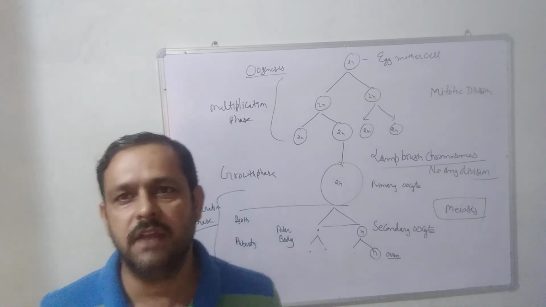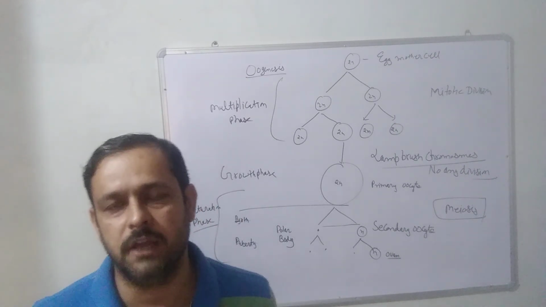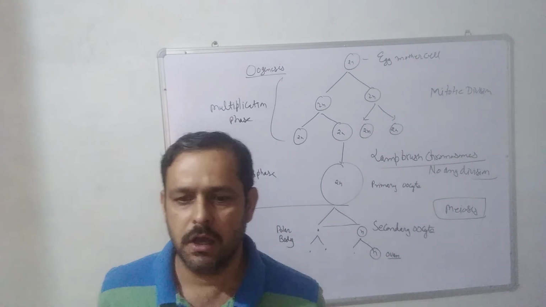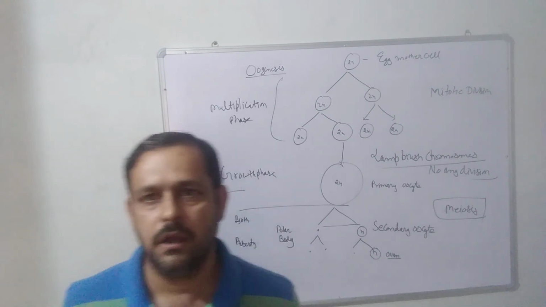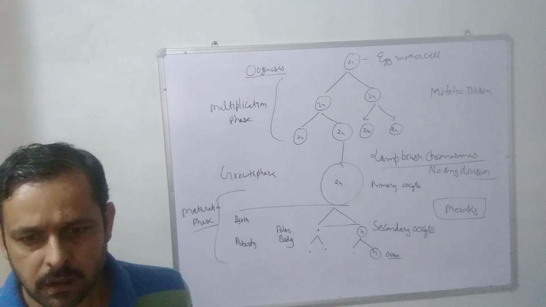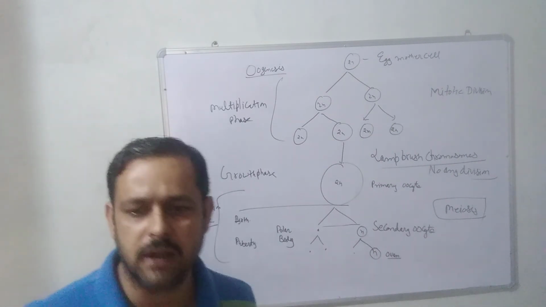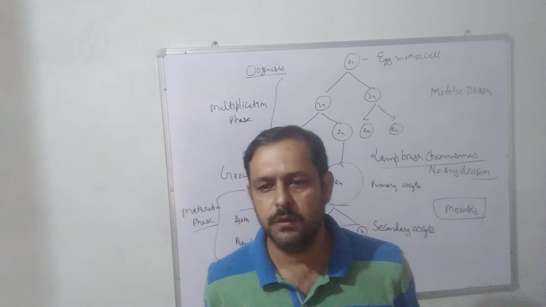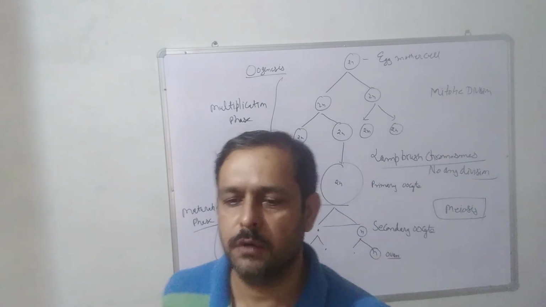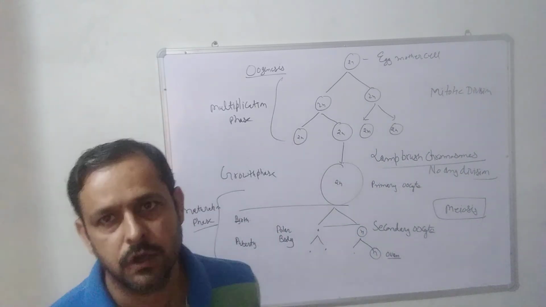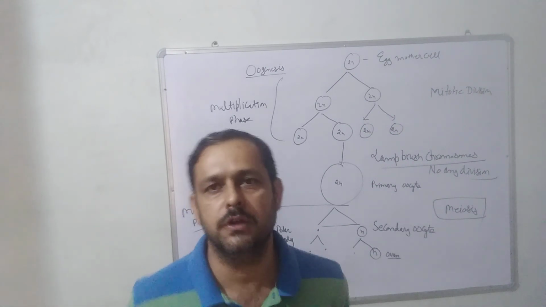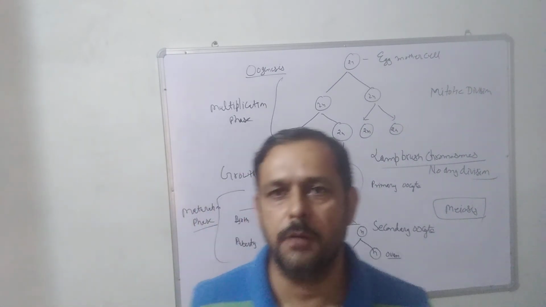If fertilization does not take place, then this ovum is destroyed and released in the form of blood through the vagina. The secondary oocyte is released by the Graafian follicle from the ovary. This process is known as ovulation, which occurs after 28 days in humans. So this is our first chapter of embryology, meaning formation of gametes in humans.